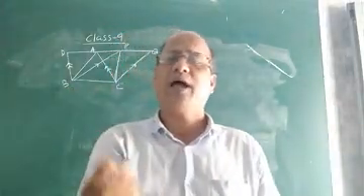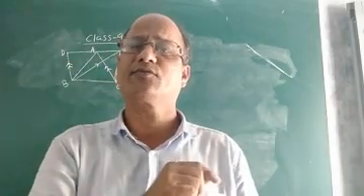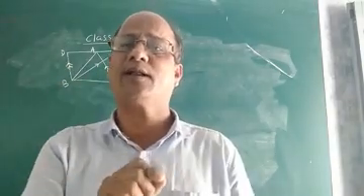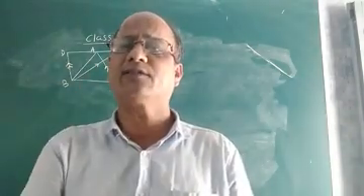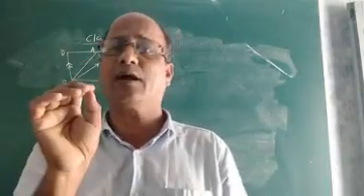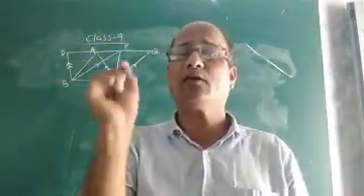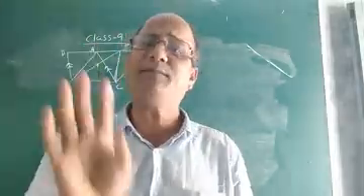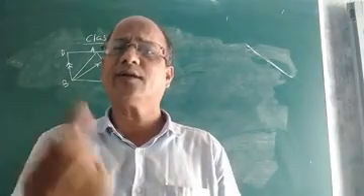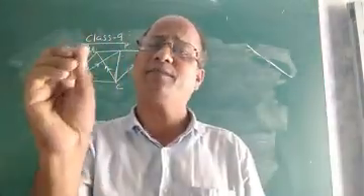Okay. Now, another thing we had discussed yesterday. Suppose a triangle and a parallelogram stand on the same base and lie between the same parallels. Then what is the relation between their areas? Yesterday we proved in the class that the area of the triangle will be half the area of the parallelogram if a triangle and a parallelogram stand on the same base and lie between the same parallels. These are the two things which we have discussed. So the converse of 9.1, which I just told you, you can easily prove by using the formula for area of parallelogram, that is base into height.